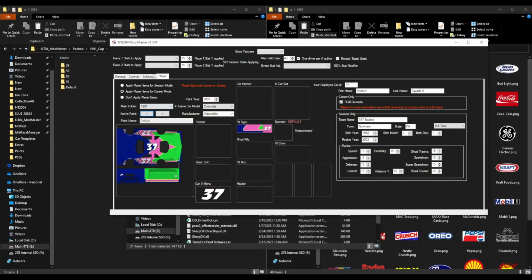So on the player tab, in this main folder drop down, you'll have 1991 as an option if you put these in the correct folder. And you should have default, the 39, the 59, the 85, the 91. So you'll have these different paints here, but what I'm going to show you guys is when you run career mode, you could run these if you don't have a sponsor, or you can customize them by slapping on a couple logos. And I'm going to show you guys how to do that real quick